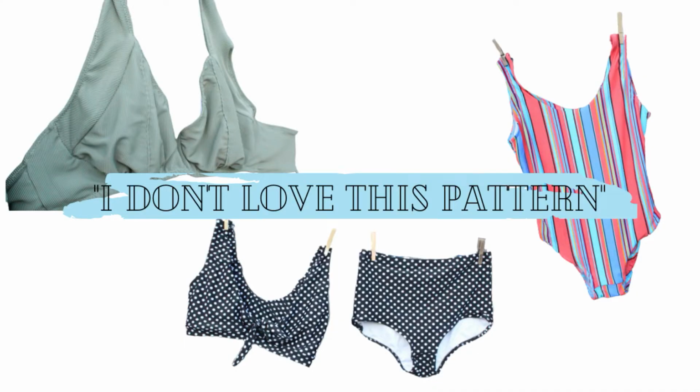I started off July by making some bathing suits, and I do have a video dedicated just to these swimsuits, so I will make sure to link that down below as well. Right now I'm not going to go into a whole bunch of detail, I'm just going to show you them. So the first swimsuit I made was the Vernazza top from Friday Pattern Co,